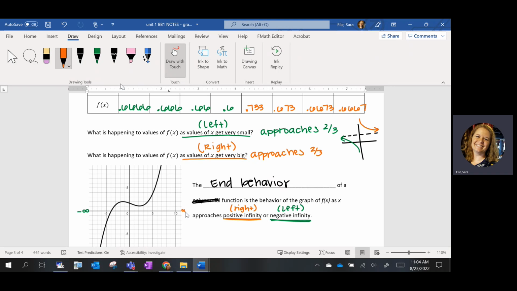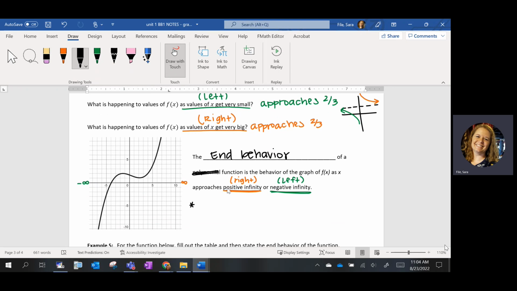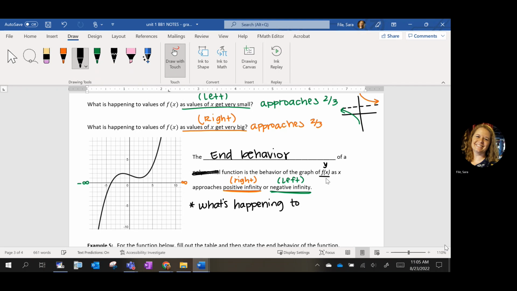Because x is going to positive infinity over here. Y'all agree? Okay, so in layman's terms, what this is saying is when we're asked to find the end behavior, you're asking yourself, what's happening to y, or f of x? F of x is the same thing as y, right? Y'all agree? Okay, so what's happening to f of x or y